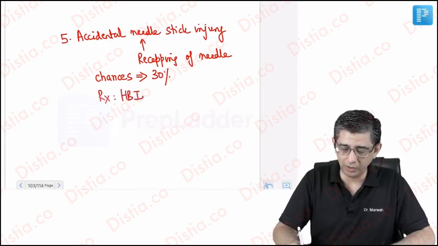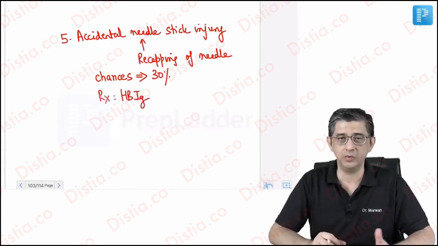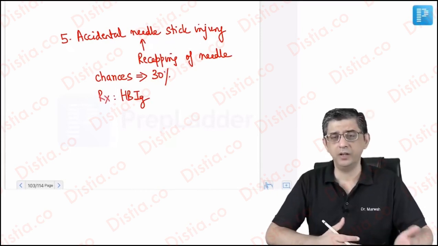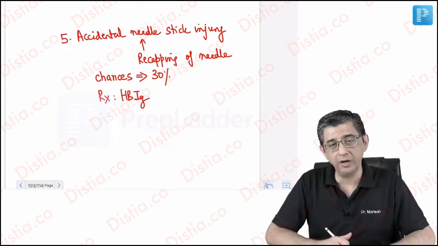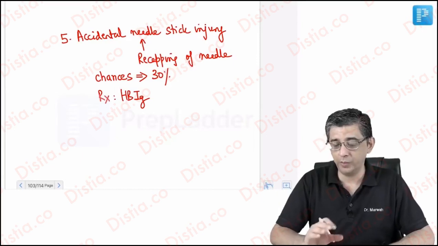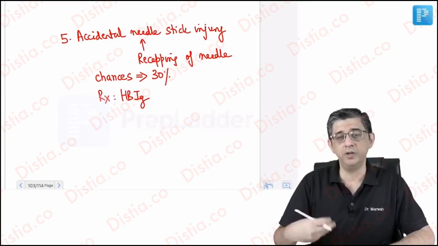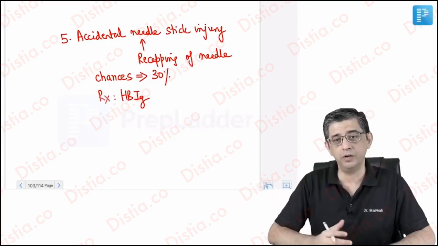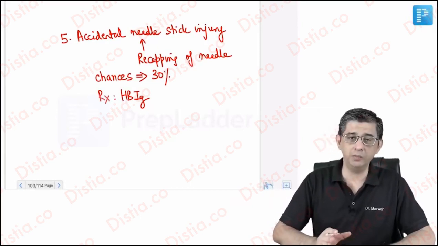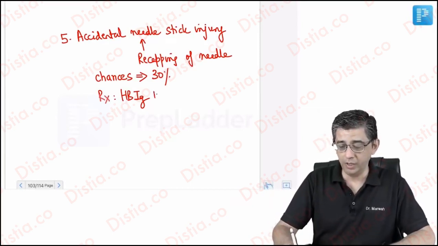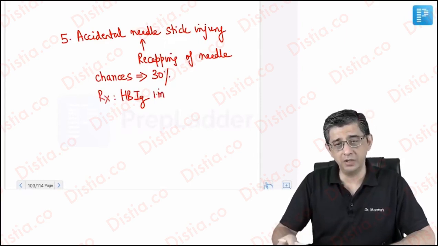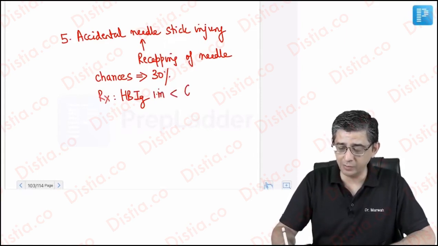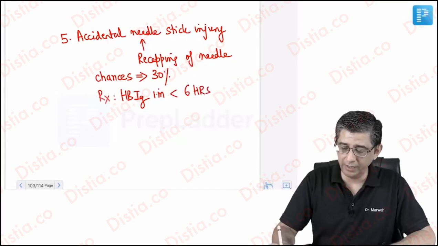So you would tell him, go to the casualty, inform the CMO, casualty medical officer in charge, or medical superintendent, some senior authority, and they will arrange for you hepatitis B immunoglobulin. Even if it is not in the hospital, they are supposed to identify centers where it is available round the clock, and this young doctor will then be given hepatitis B immunoglobulin. And if this is given intramuscularly to this doctor as early as possible,